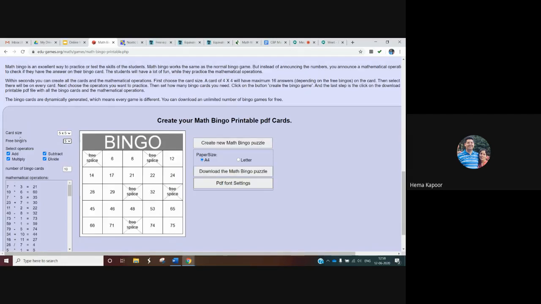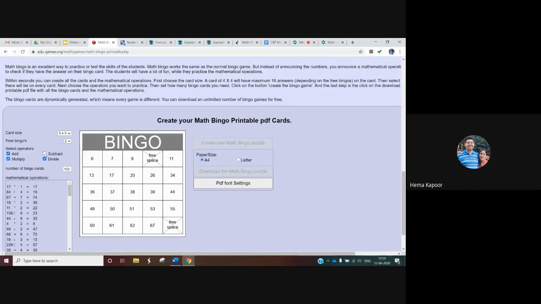Okay, free bingo is 5. That is the option. The number of bingo cards is here 10, or if you want to change that option, you can go for that. For example, I want 15. तो यहाँ से आप दो bingos create कर सकते हैं. Still, I'll take 2 only. Then select the operation, add, subtract, multiply or divide, or you can go for 2 operations also.